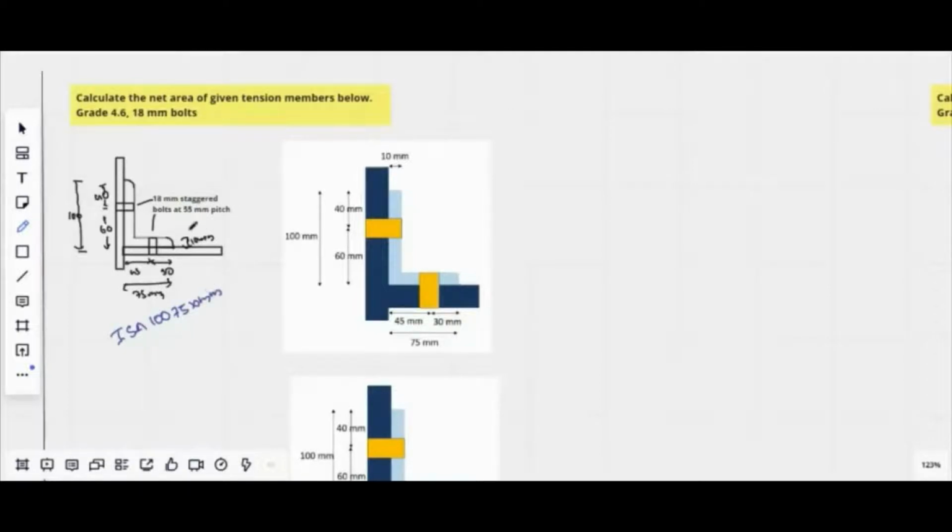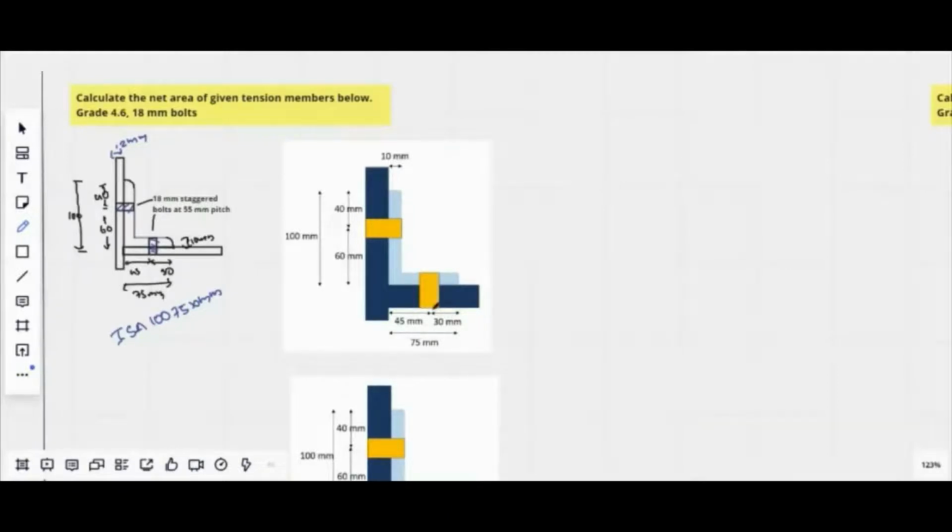It has also been mentioned that the bolts in the angle are connected on two sides of a gusset plate having a thickness of 12 mm. These are connected with a single series of bolts on either leg, having staggered bolting with a pitch of 55 mm. Per the given dimensions, the bolts are connected at a distance of 40 mm from the top end and at a distance of 30 mm along the other leg of the angle.